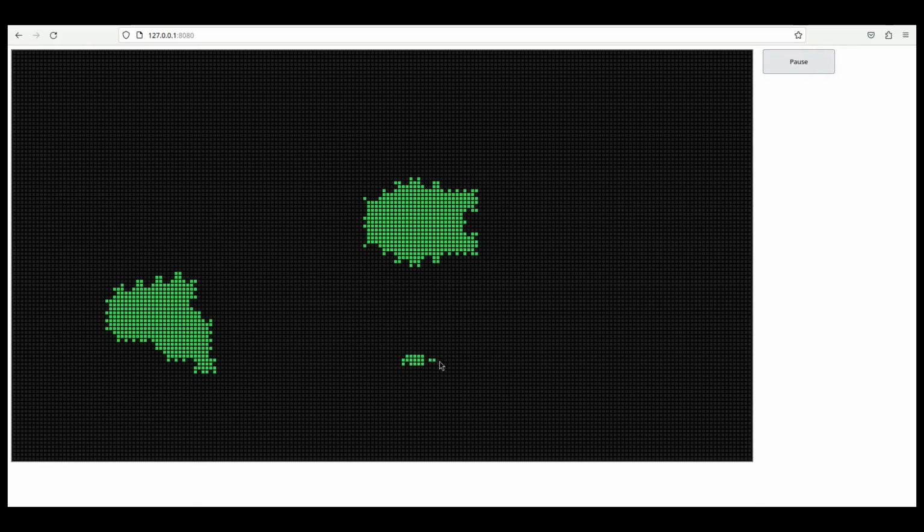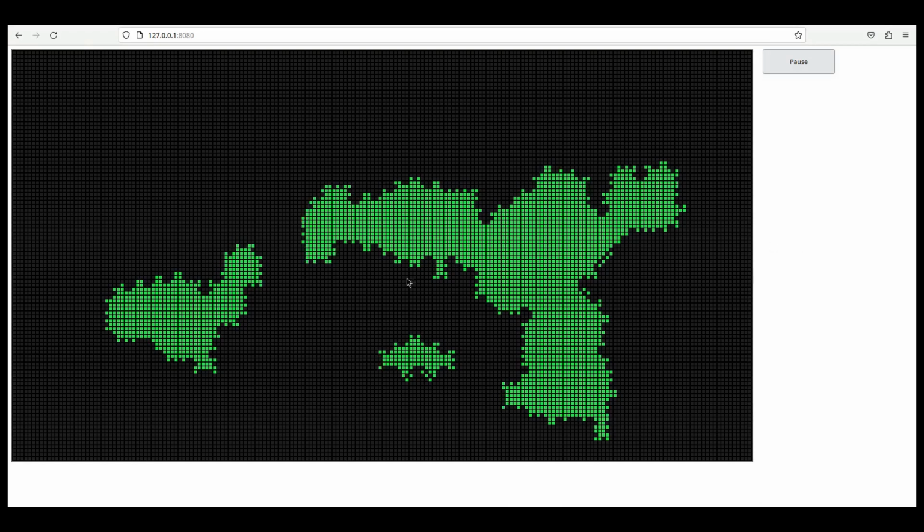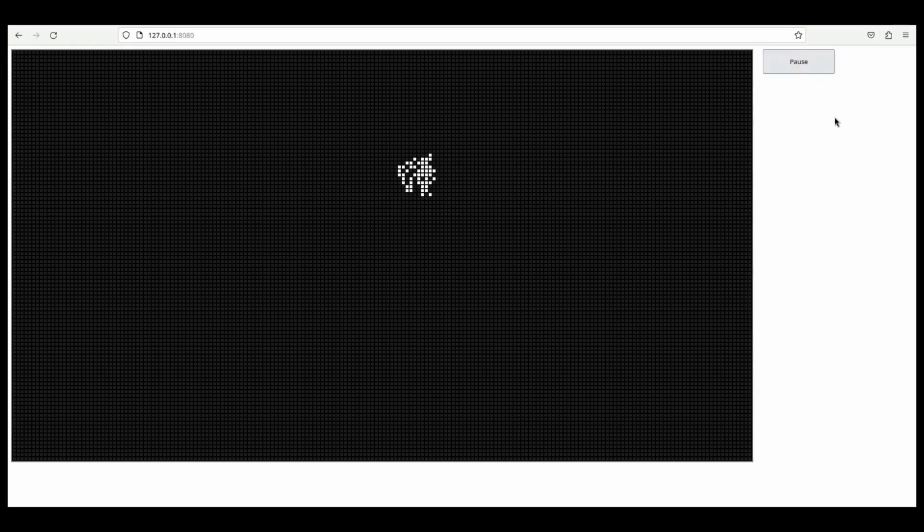Very stainy. This automaton is named Long Life. I don't know why.